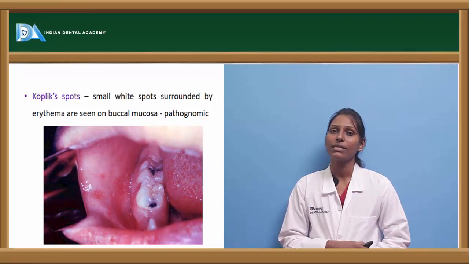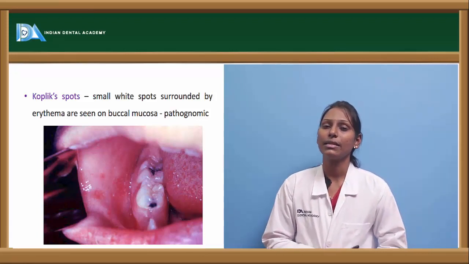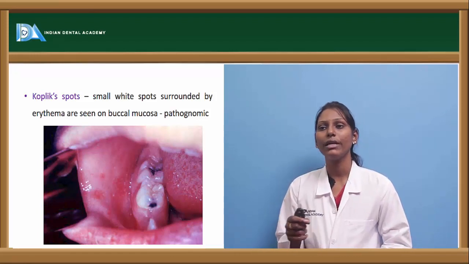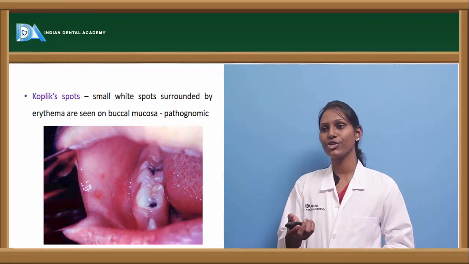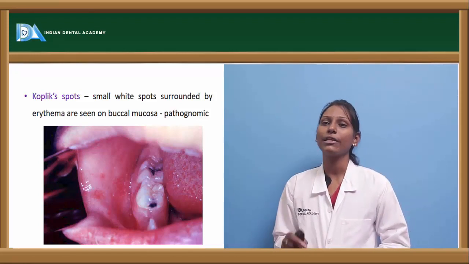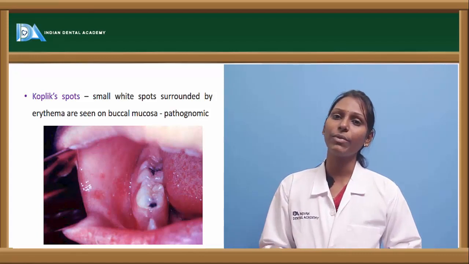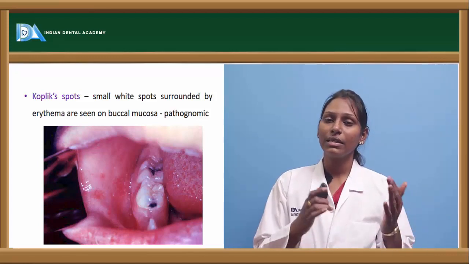Normally, Koplik spots are a pathognomonic feature of measles. They are usually seen intraorally. These are small white spots surrounded by erythema. This picture clearly shows small white spots surrounded by erythema on the buccal mucosa. It is a pathognomonic feature of measles, and these Koplik spots appear much earlier than the rashes seen on